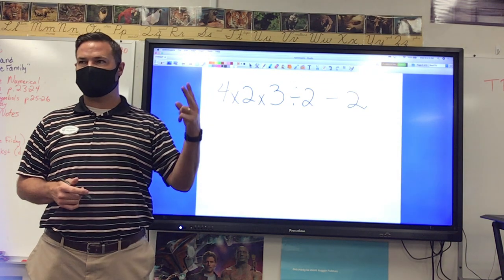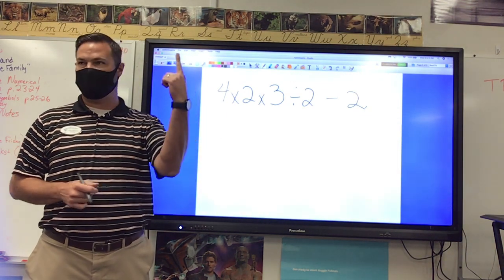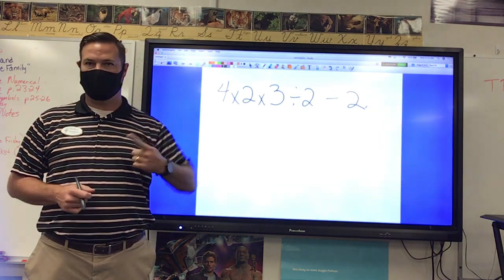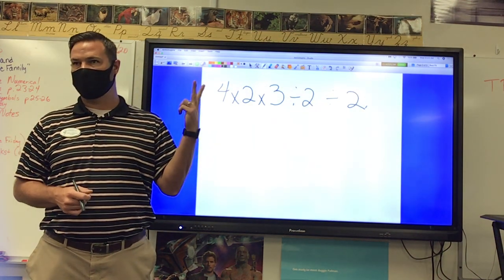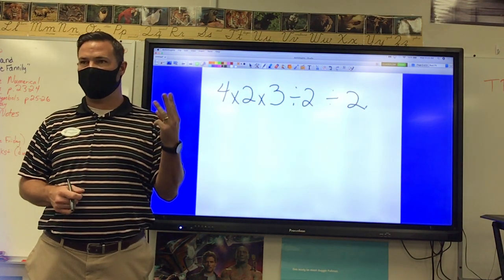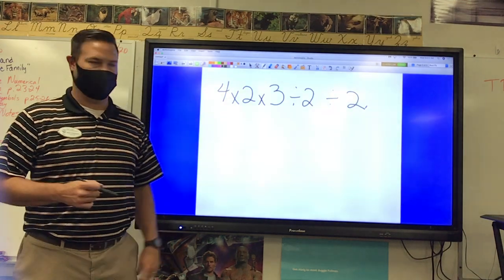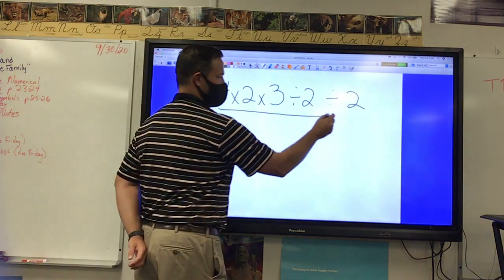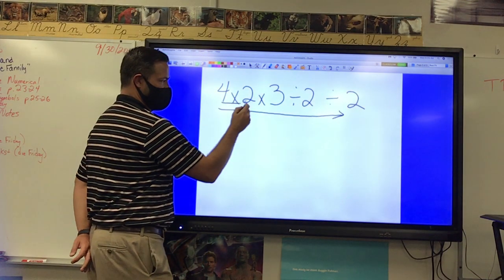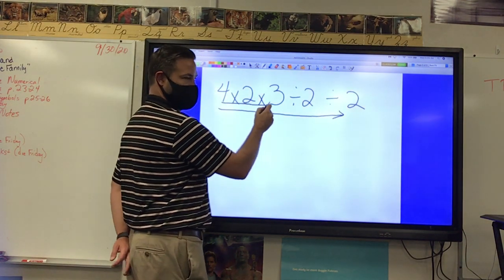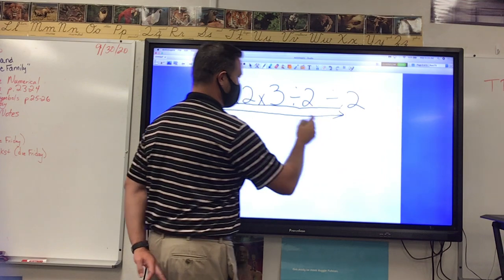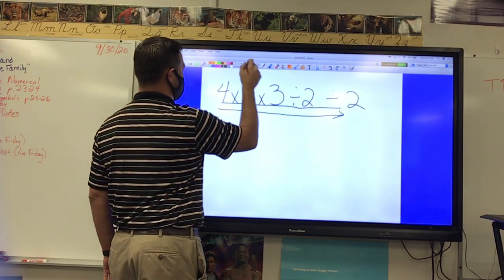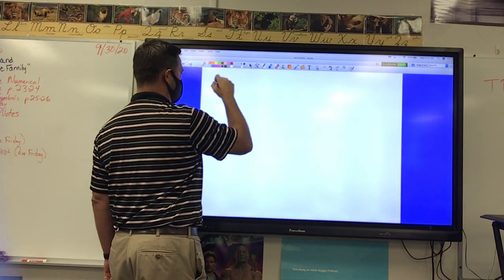if I did please excuse my dear Aunt Sally, do I have any parentheses? No. Do I have any exponents? No. Do I have any multiplying or dividing? Yes. Okay. So if I have multiplying and dividing, I go in the straight order just like this, right? I would do this multiplication problem and then this multiplication problem and this division, division. Okay? If I had it going the other way, if I had something like this,